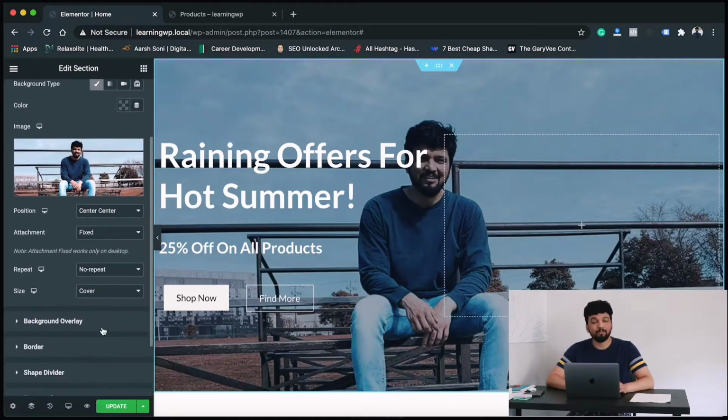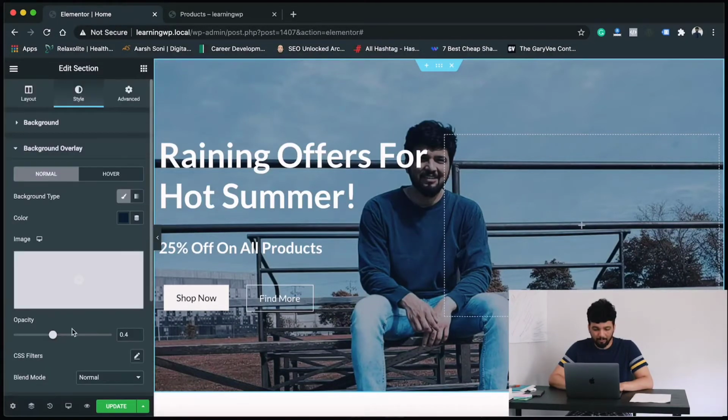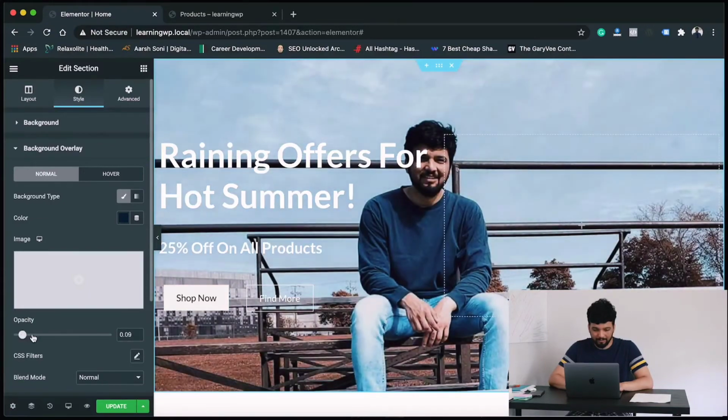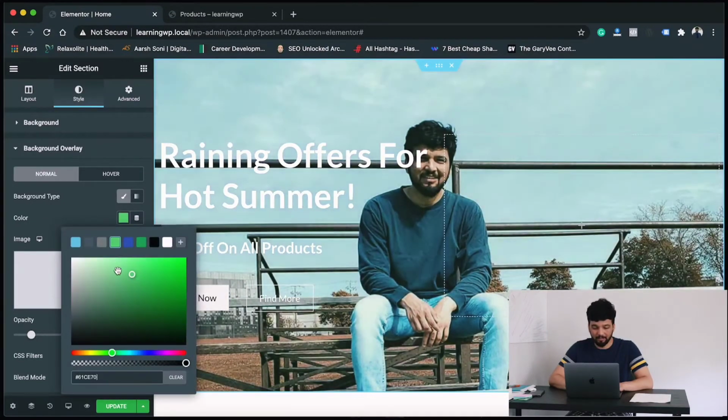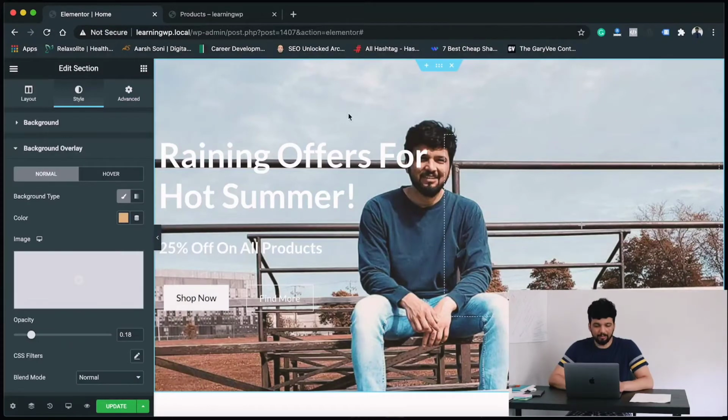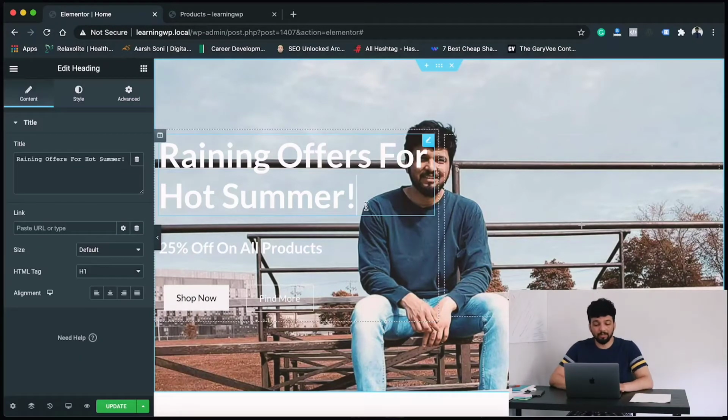There are very different options here. Guys, you can literally change each and everything in the website. There is no option that won't allow you to change anything. So let's say if I want to change the image overlay, the opacity, then you can increase or decrease. If you want to change the opacity color, let's say green or maybe a bit of red, something like that. Choose your options, whichever you want. You can just change it accordingly.